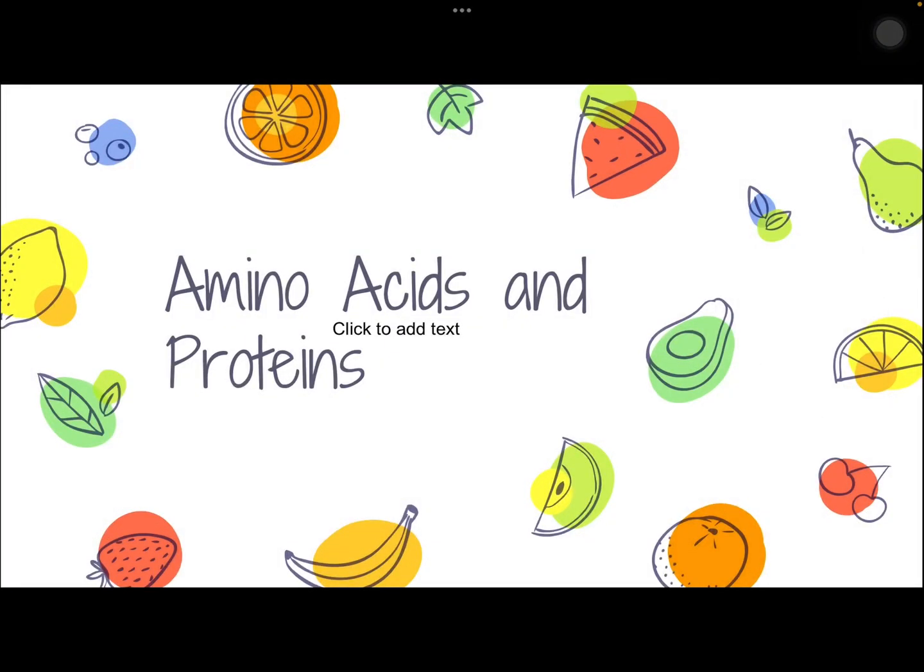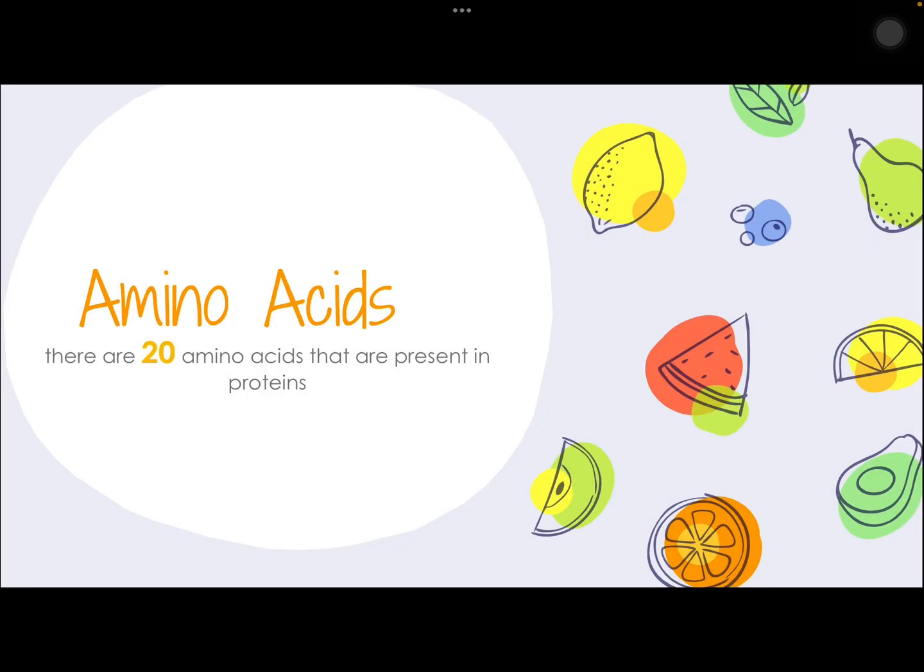Good day, everyone, and today we will be talking about our supposed first topic for the midterms, which will be amino acids. There are 20 current amino acids in literature that are present in proteins, which means that your proteins are basically comprised of amino acids. And in the current book of Harper's, these 20 amino acids are classified further into their specific identifiers